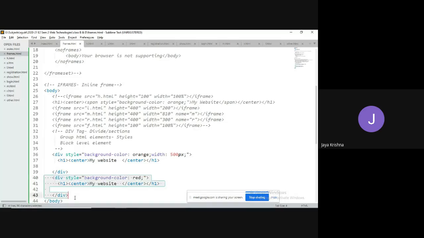Guys, make sure that I have already explained the style attribute. The syntax of the style attribute is meant for applying various kinds of styles to the HTML elements. Whatever properties I write in the style attribute here are going to apply to the elements which are available inside the division tag. That is why I'm saying it is to group all the HTML elements and to apply the styles. That is the meaning of that.